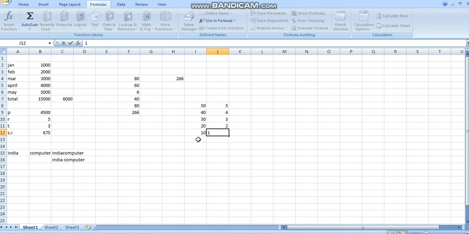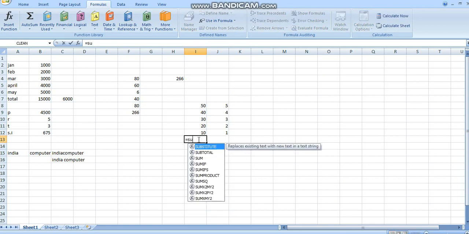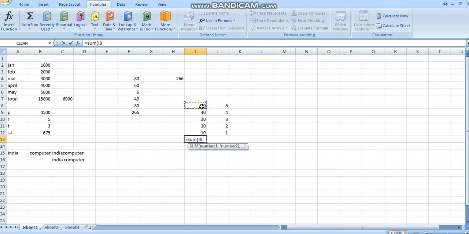I have to add these numbers, so I'll write a formula equal to SUM. I will select the range, the column, I'll just select till the end. This is the range. The range got selected.